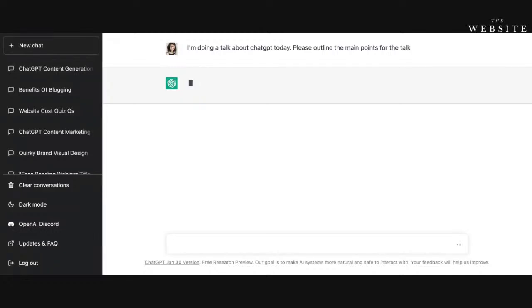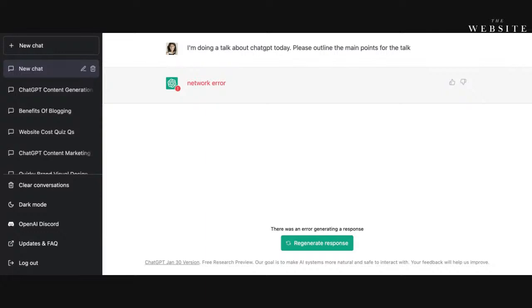Now, at the moment, there's huge demand on their servers. And so it's struggling to keep up with capacity. And so there will be times when you actually can't register on it. You can't register an account and you can't even get online. And what I tend to find is that after midday, which at the moment we're in GMT, it's just gone midday, it tends to become a lot slower. So this is what I thought might happen. I was quite surprised when I was able to open up the chat. So sometimes if you just hit refresh,